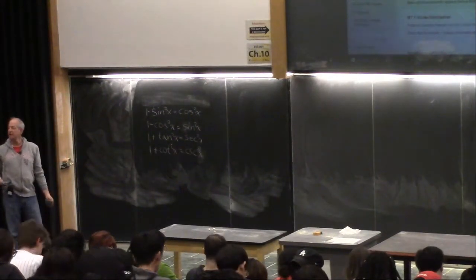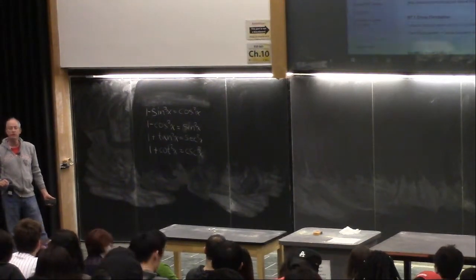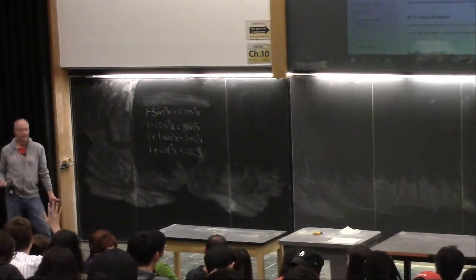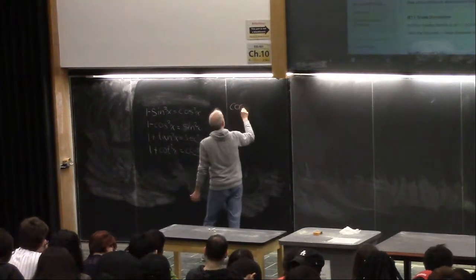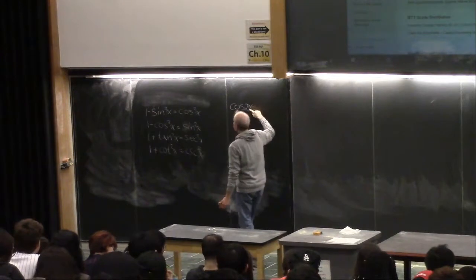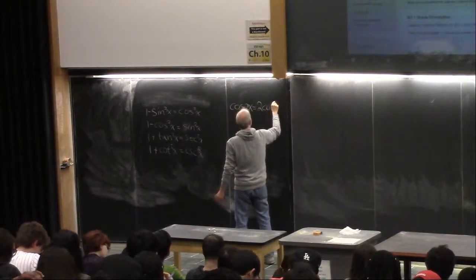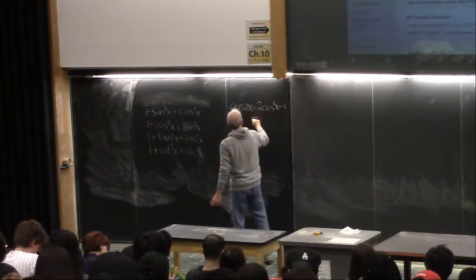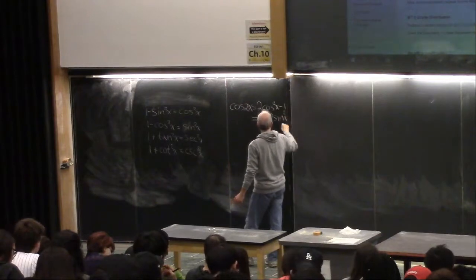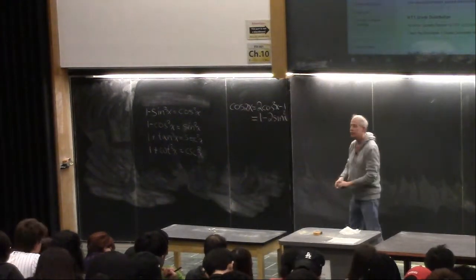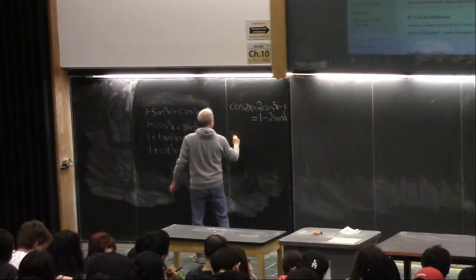Now, I can derive the next two, or I can just show them to you. Who wants to know where they come from? Yeah, there's always a few. So, there's the double angle formula, which says cosine of 2x is cosine squared minus sine squared, but it is also 2 cosine squared x minus 1 and 1 minus 2 sine squared x. So you could rearrange this with a little algebra to get the following.